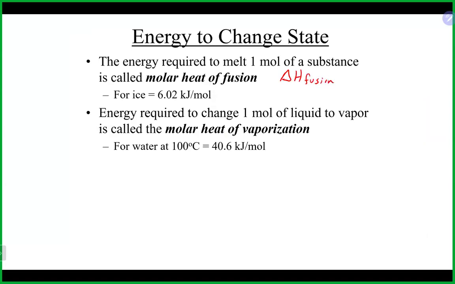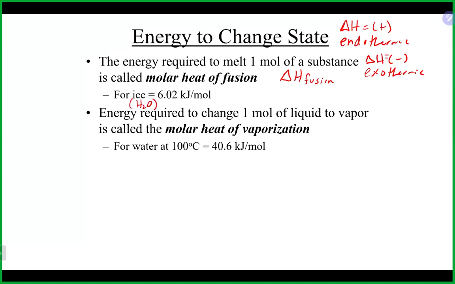If you remember, we talked about delta H in that energy chapter. That's the change in enthalpy. That is the energy change for a reaction. Again, a reminder that when you see a delta H, if it is positive, it is an endothermic process. And if you have a delta H that is negative, it is an exothermic process. Now, for ice, which is obviously water,